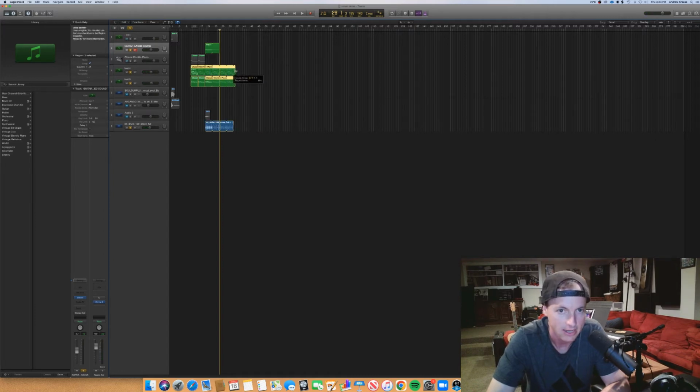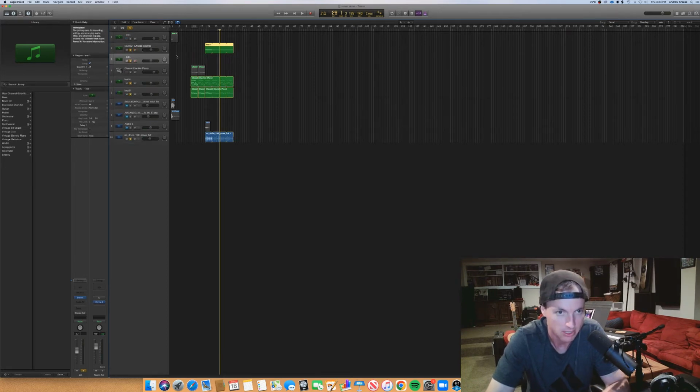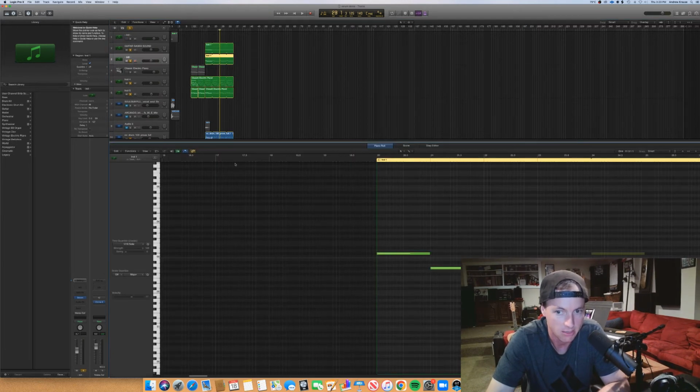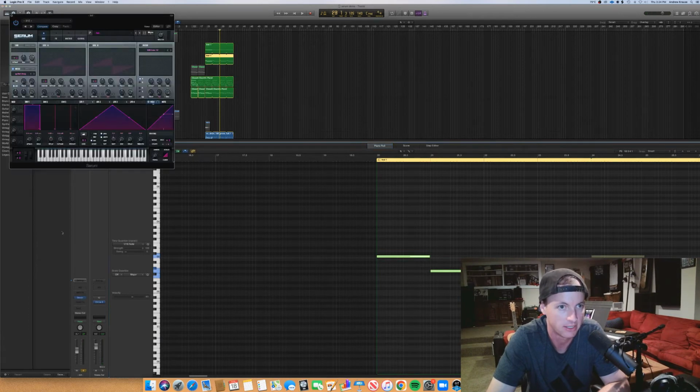Now that's kind of doing some low end, but I really want a bass in here. So I'm gonna duplicate the Serum patch. I'm gonna give us the same MIDI, but actually, no, I'm not. I'm gonna move this down to C minor because I'm not gonna use the noise oscillator. I'm gonna just literally use the sub oscillator, and I'm gonna tie the same thing to that so the volume comes